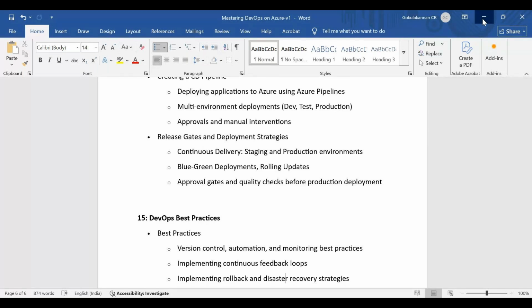You will get access once you're registered and paid; your Gmails will be collected by our team, and they will give you access to those playlists. All these 40 days of playlists will be shared with you. I can understand that most of you are from a working background. It's not possible that you can attend all 40 days. Here and there you may miss the sessions.